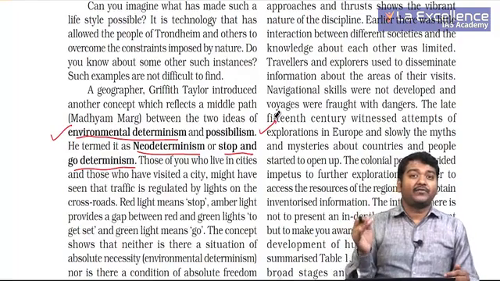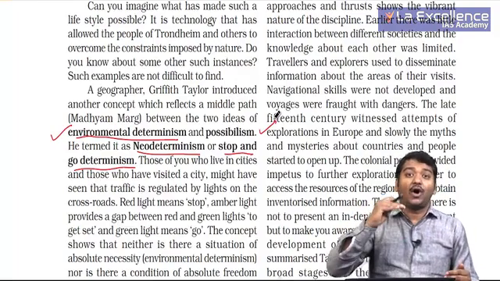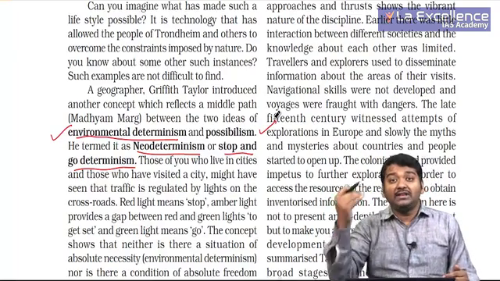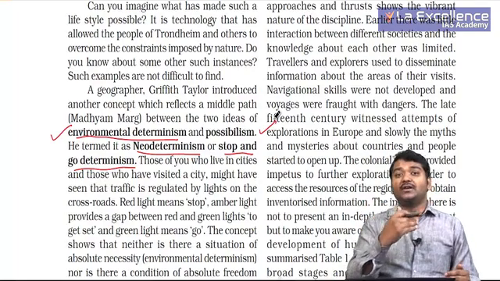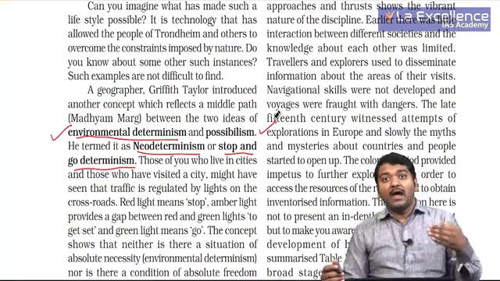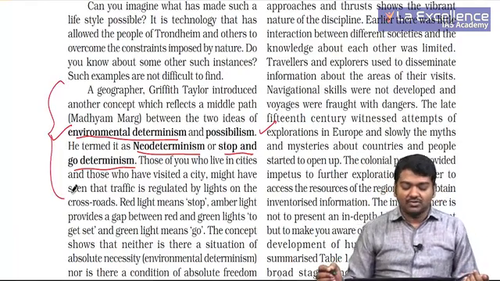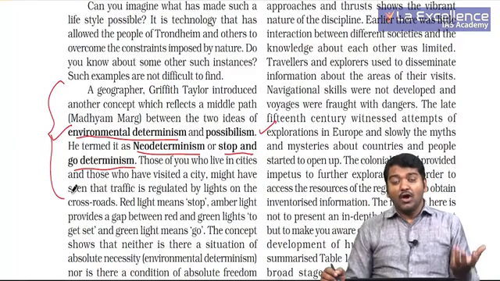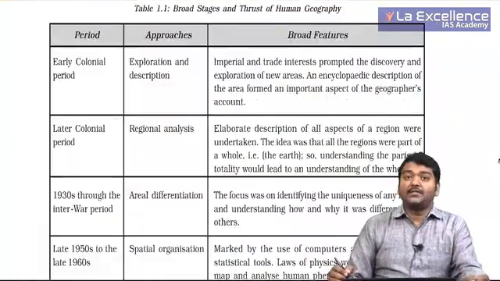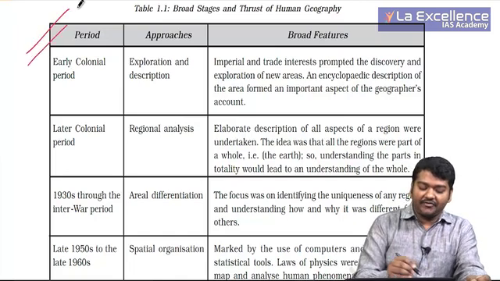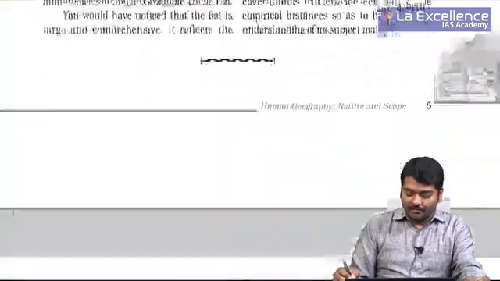But at some point of time he has to analyze what is the impact that he is creating on the human beings or on the nature as well, and on the basis of that he has to do further actions. This is what we say stop and go determinism, right? So this is what we see with respect to Griffith Taylor and others, who actually talk about the middle path or Madhyam Marg. And then the book talks about how exactly in different phases geography was studied,